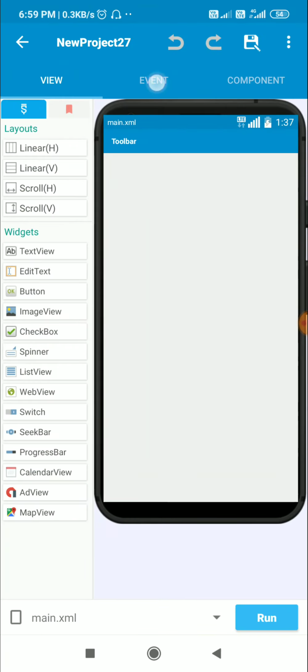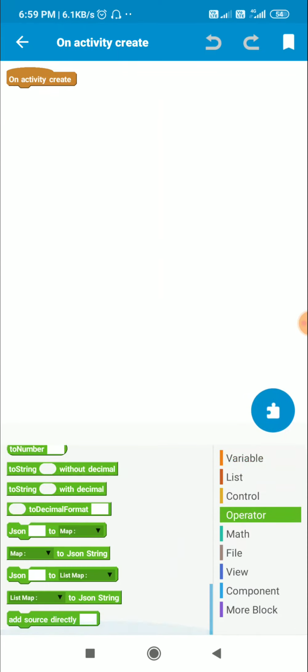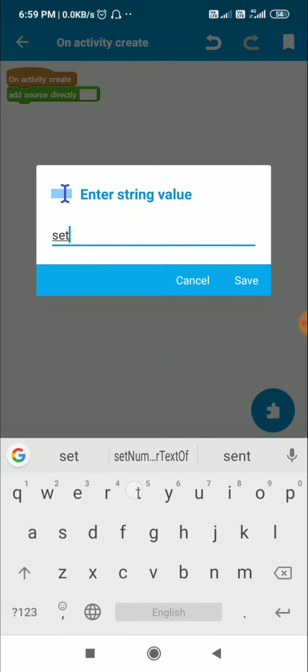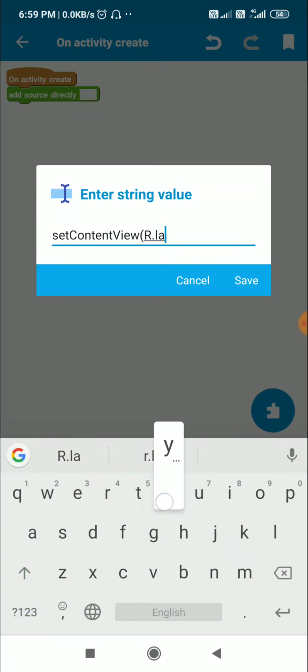And in Sketchware, in order to use that view, here I will use set content view, R.layout.myview.